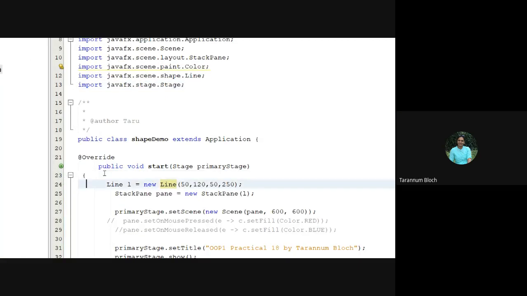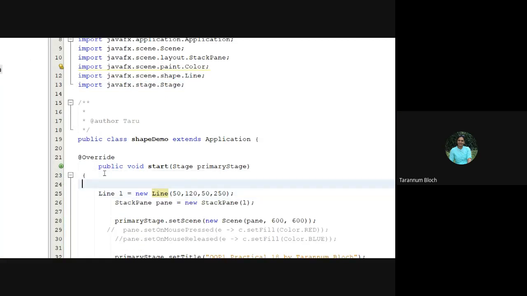You want to take them from the user. So we can take integer start x, start y, end x, and end y.